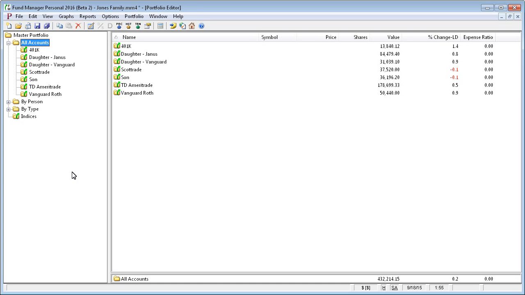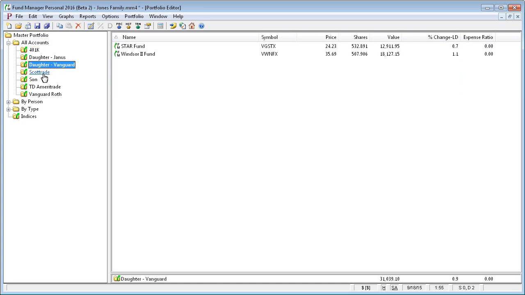Sub-portfolios allow you to organize your accounts. Typically, your lowest level sub-portfolios are your account level sub-portfolios, and these directly contain your investments. For example, this Scottrade sub-portfolio contains 2 investments, and you can see these account level sub-portfolios that contain investments have